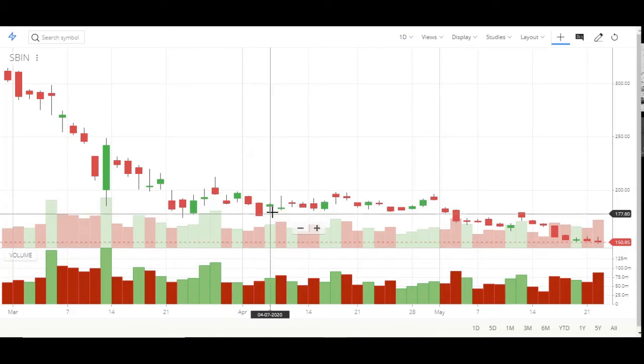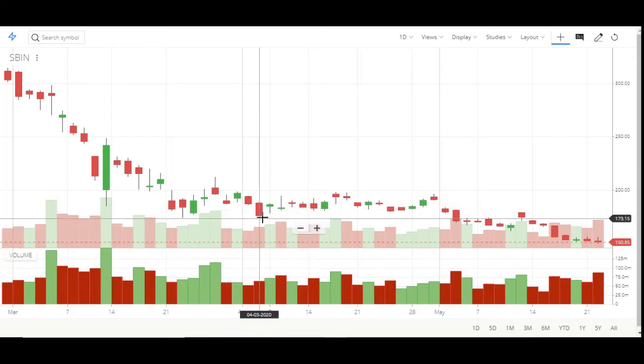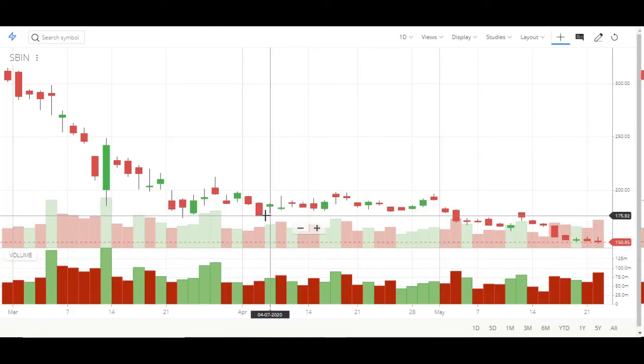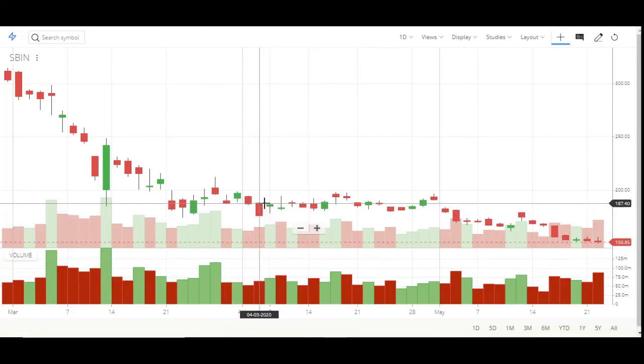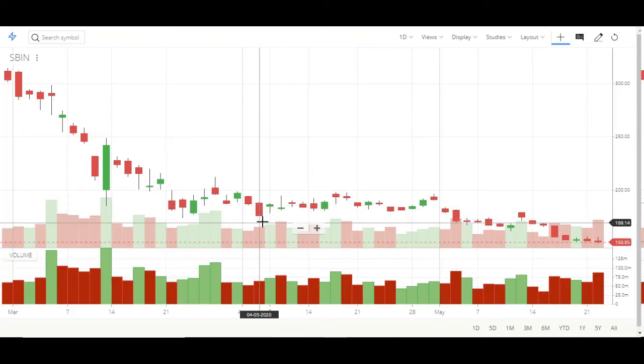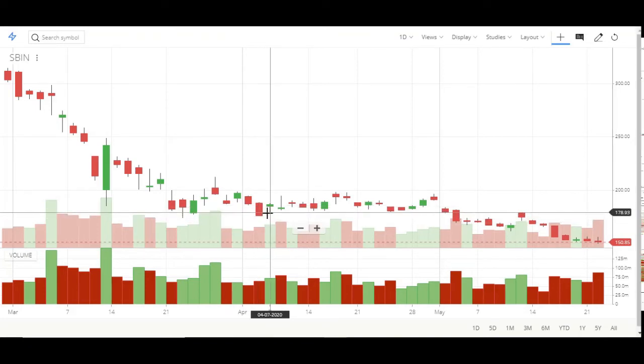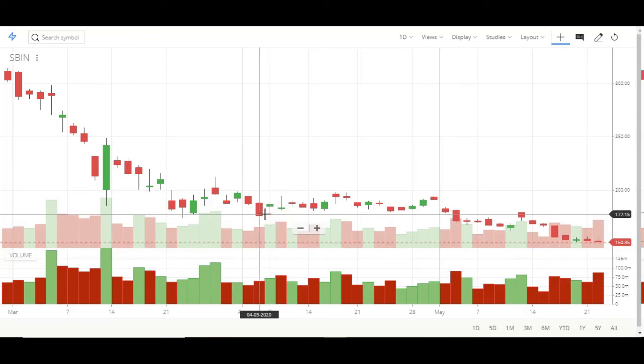Once you have entered the trade, you can expect double the size of this candlestick. Here the candle size is about 13 rupees, so you can expect 26 rupees as profit on the short side. Once you enter the trade, you should either wait for the profit or let the stop loss get hit. You should not close the trade if the stock price moves sideways, and you should not move out until your profit target or stop loss hits.